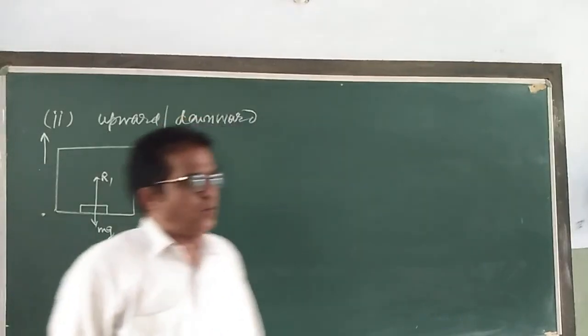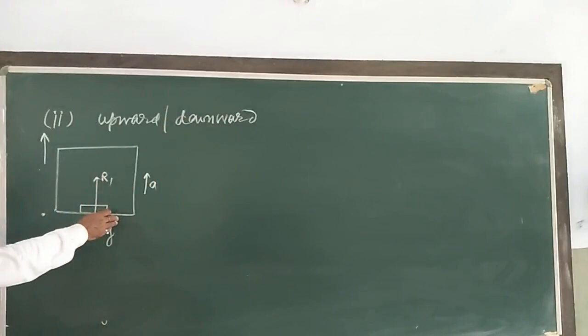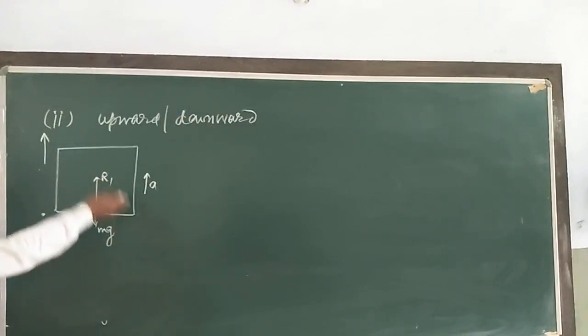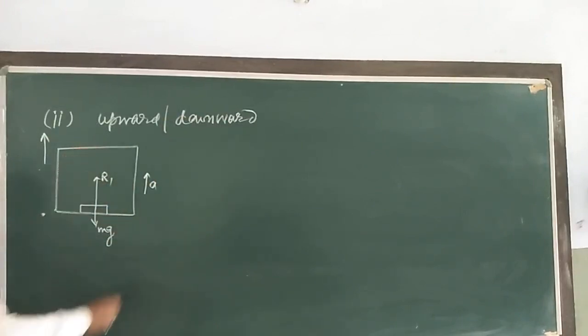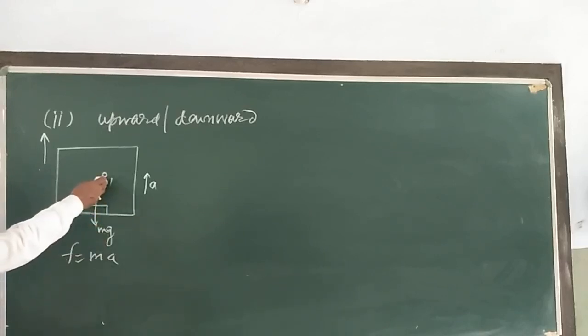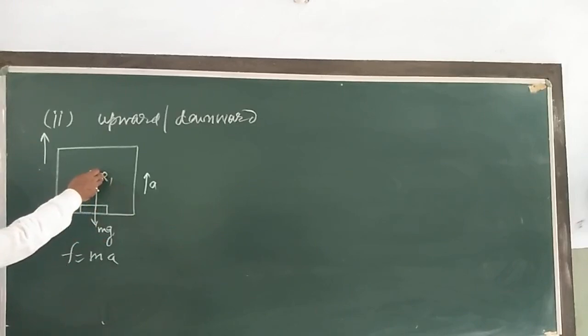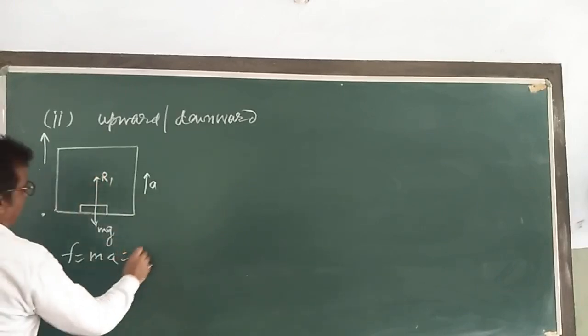When it moves in the upward direction, the net upward force on the person is m into a, mass into acceleration. Here is the normal reaction force. So clear from this figure, F is equal to